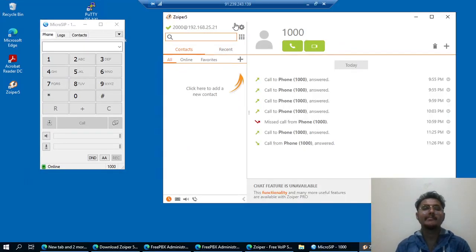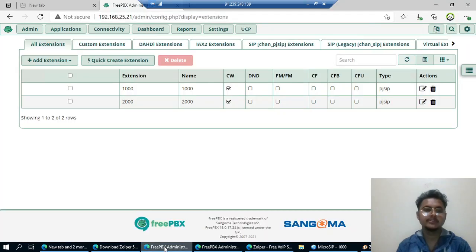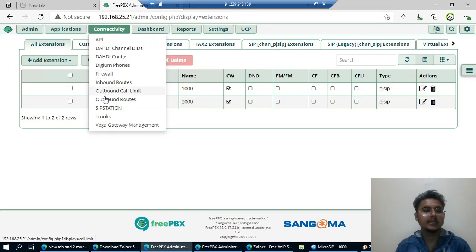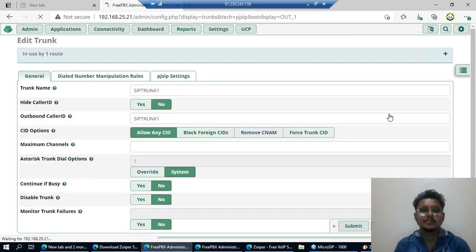Let's minimize both of these and open the PBX administration, and click on connectivity, and we can see trunk over here. Click on this trunk. I have already created this, so I'll just show you